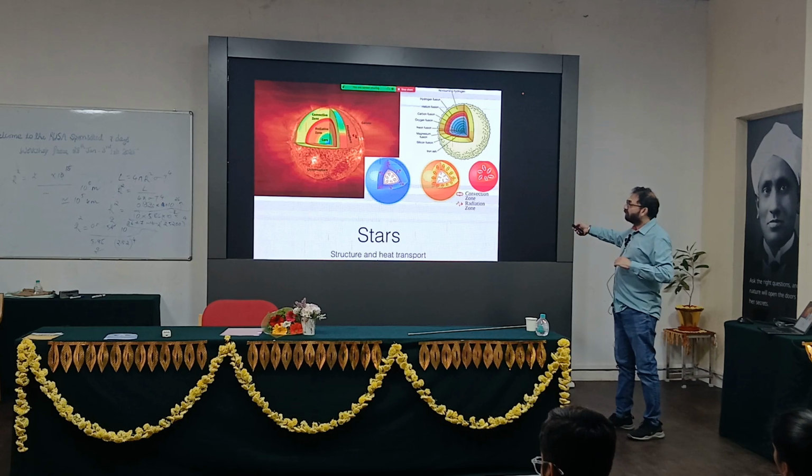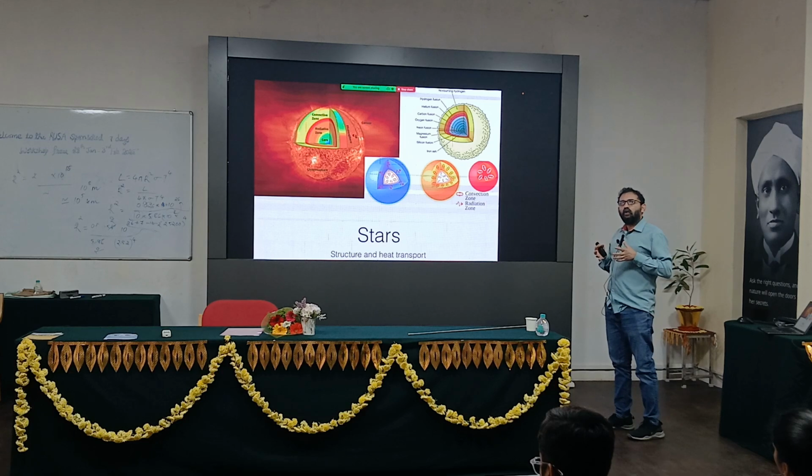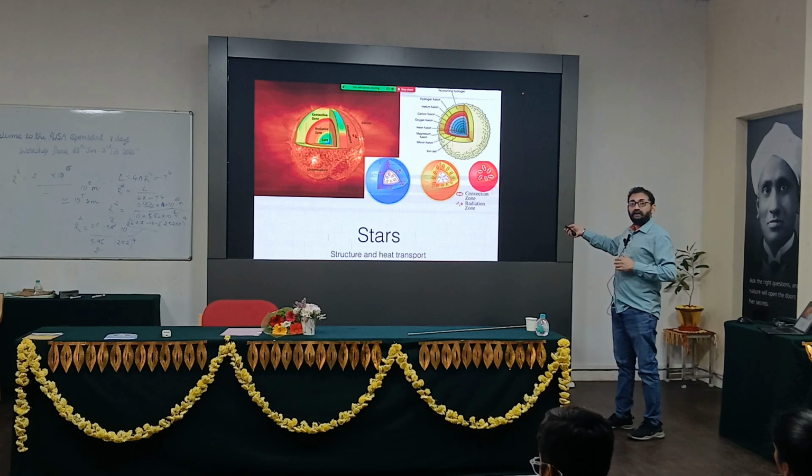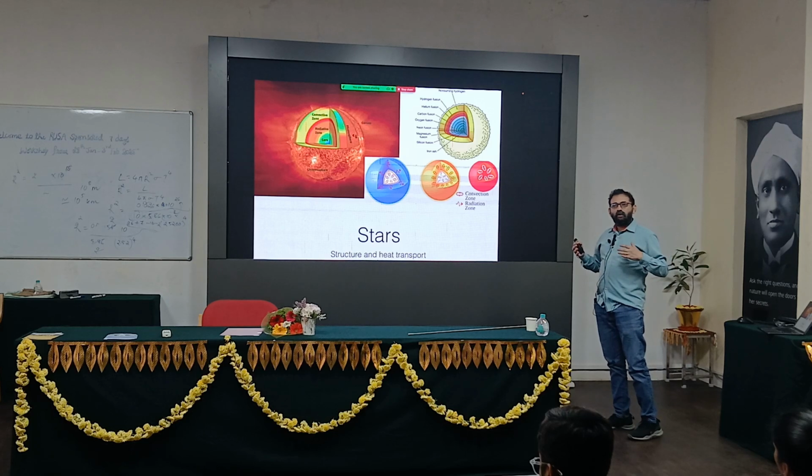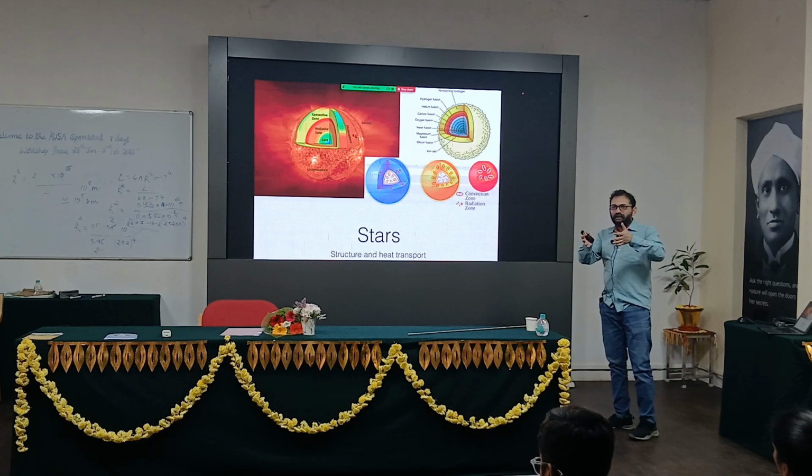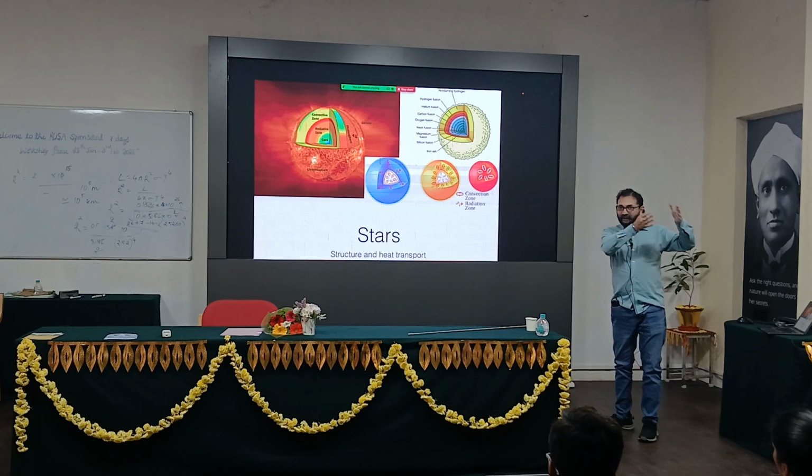And then some very massive stars can burn every element because their central core temperature will be on the order of 10^8 Kelvin or so. It's much higher, so they can burn up to iron. Okay, so I'm not going into much detail about how we categorize low mass,